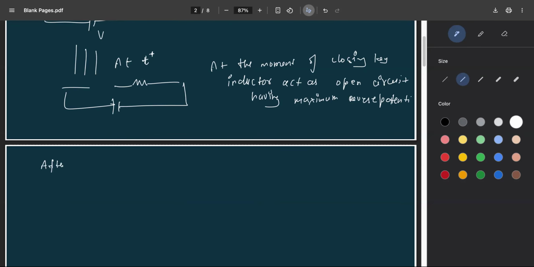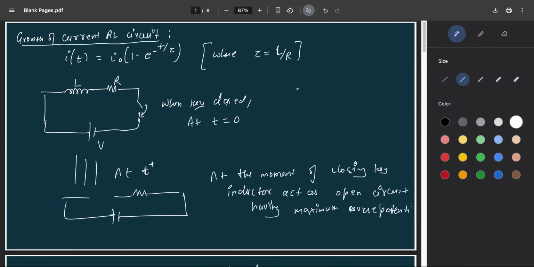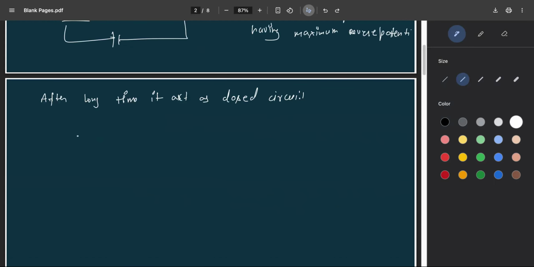And after a very long time, it acts as a closed circuit, completely closed, a single wire. After a very long time, the effect of the inductor goes away. If you put the time t equal to infinity, this exponential term goes to zero, and I is equal to I naught, the maximum value. So as t approaches infinity, the circuit looks like this,